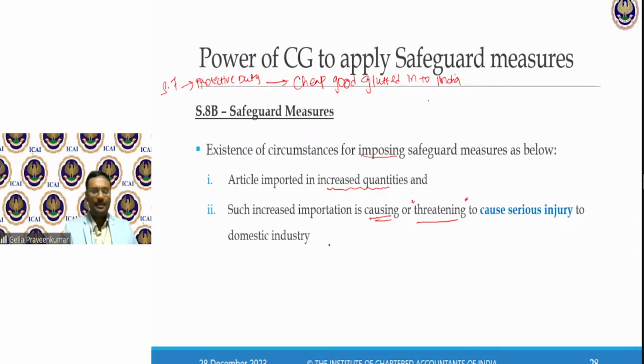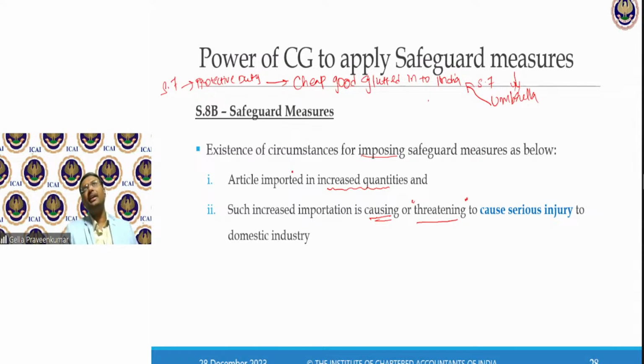Let's take a very simple example. Example of, say, umbrella. There is a natural disaster which is going to come into place. Umbrella is being imported. Umbrella, probably, is an example for Section 7.